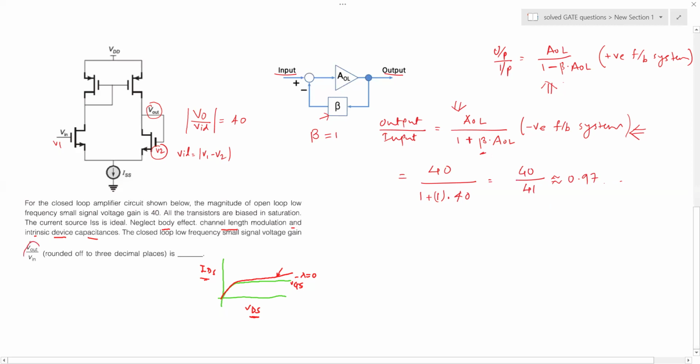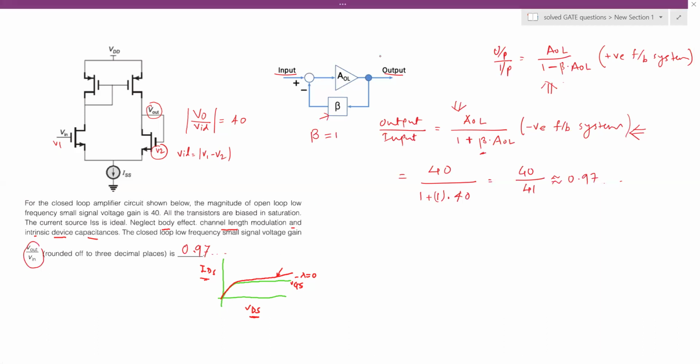So your closed loop low frequency small signal voltage gain would be about 0.97 and something like that. Okay, rounded off to 3 decimal places. All right, so we